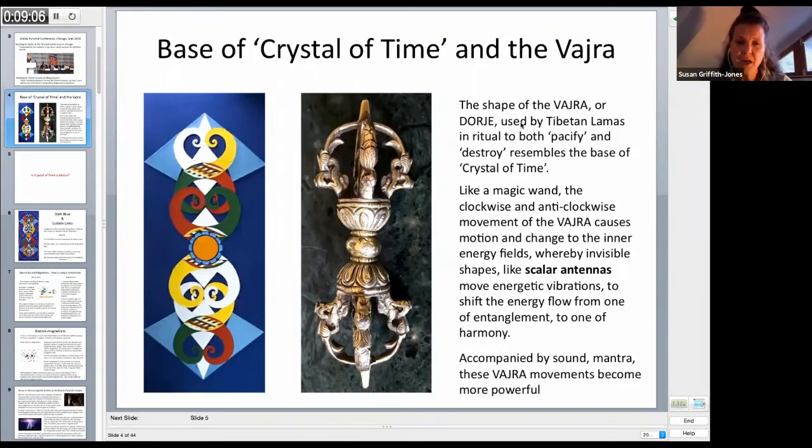I say pacify and destroy because that doesn't mean, you know, to do harm to people, as in to destroy, but in the Tibetan tradition, there are four skillful methods as to how to deal with any situation. And first is a peaceful method, second is increase, third is magnetizing, and fourth is wrathful. So wrathful in the sense of not angry, but